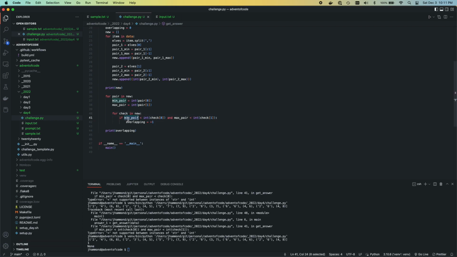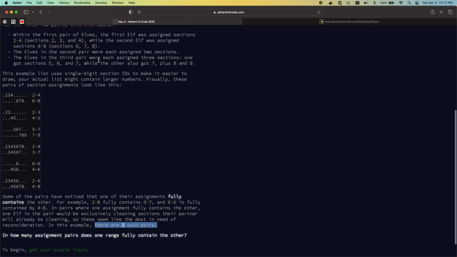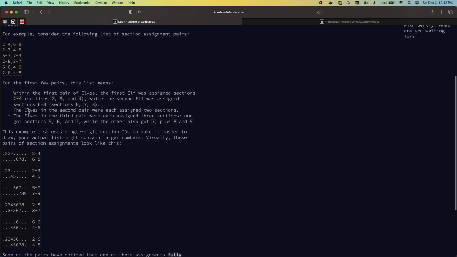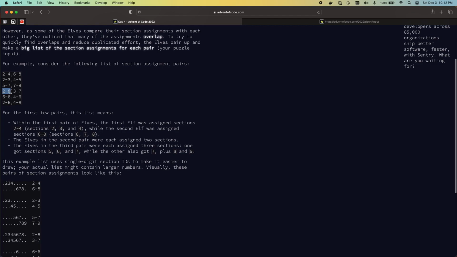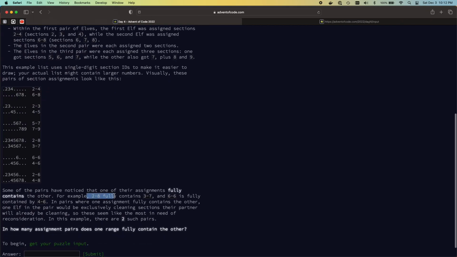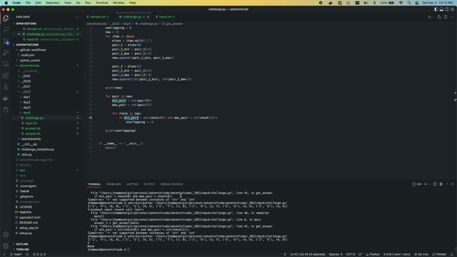So if the minimum pair is less than 6, for instance, or if 6 rather is greater than 2. No, which ones are the ones that match? Let's find a correct one here. So we got 6 through 8. Okay, 2 through 8 is the one that they gave. Yep. Fully qualifies 3 through 7 and 6 through 6, right? So the 3 and 7 pair, if 3